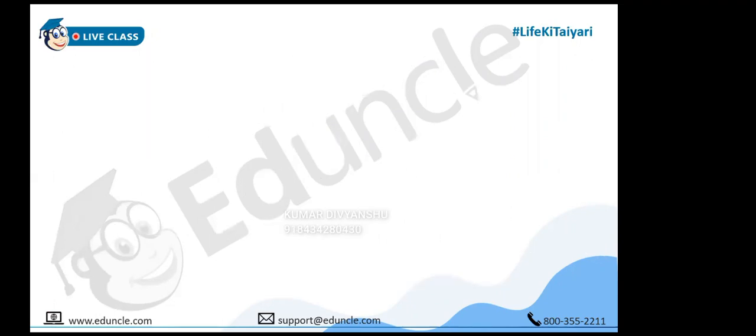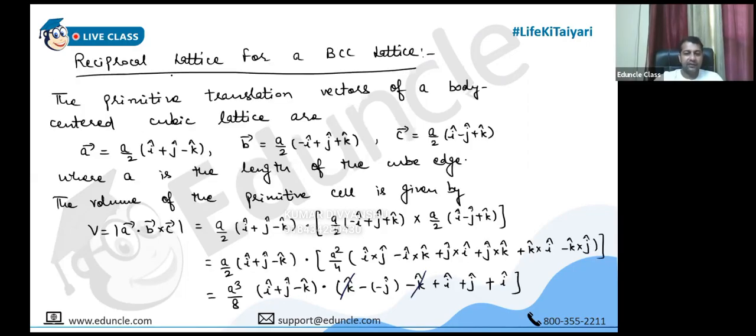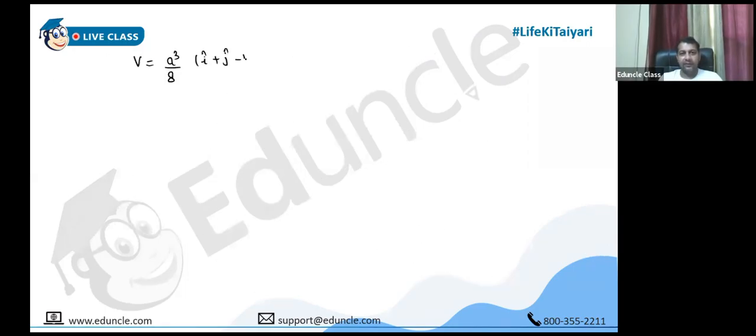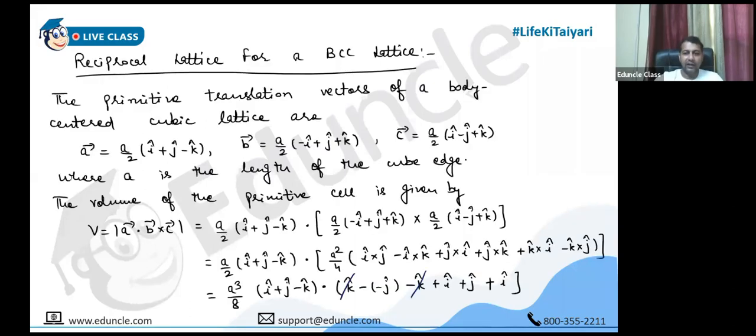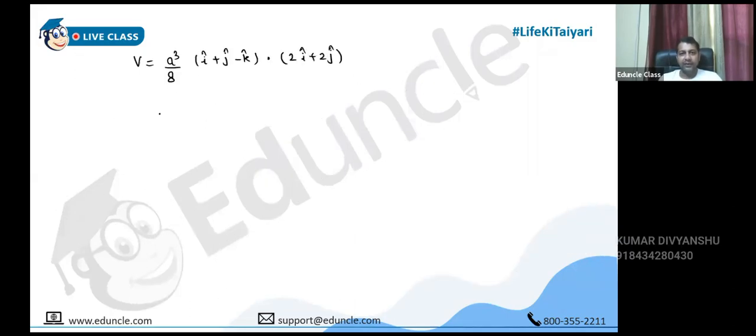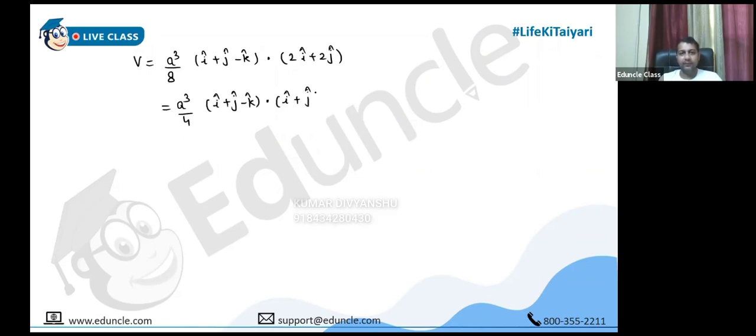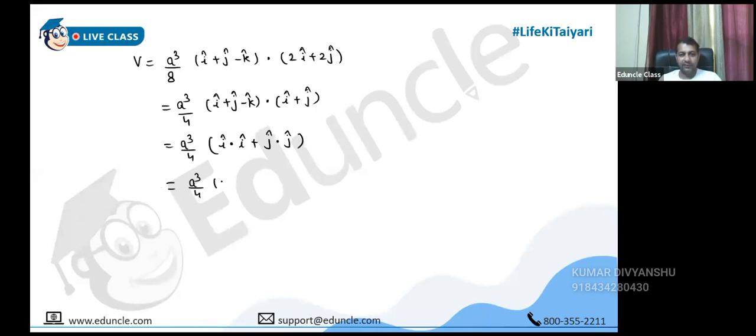So the volume is a cube by 8, and then it was i plus j minus k, dot with 2i plus 2j. So this 2 factor can be taken as common, so we are left with a cube by 4 and this dot product. So i dot i plus j dot j. The rest of them will be 0: i dot j, k dot i, k dot j, because they are mutually perpendicular. Please check, everyone. So now by using this, we can obtain